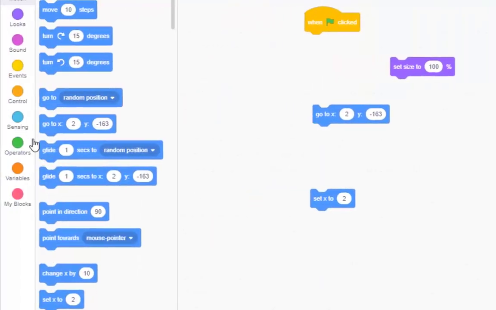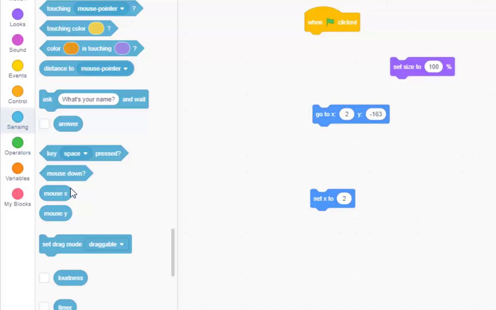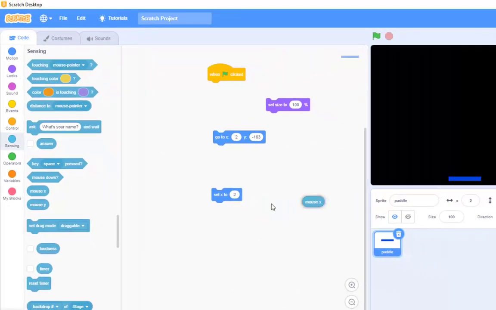And that's really easy to do, because in the sensing block, you have this thing, mouse X. So, again, I'm kind of telling you really, the thing is this. If I'll do this bit for you, set X to mouse X, that would in fact